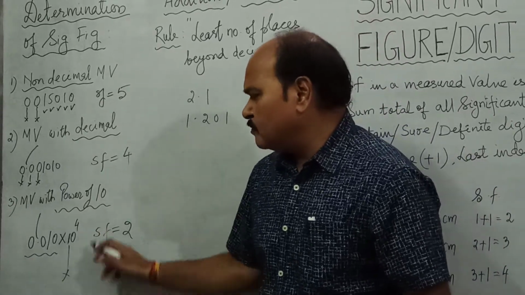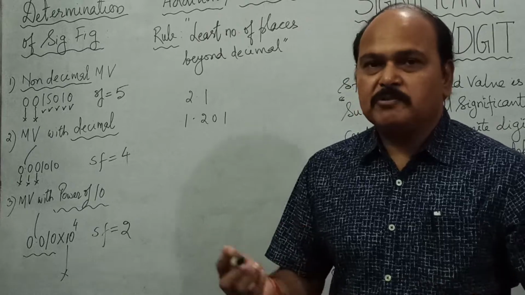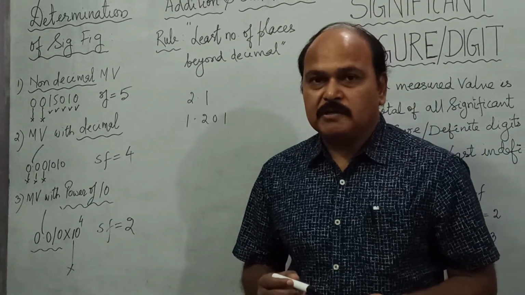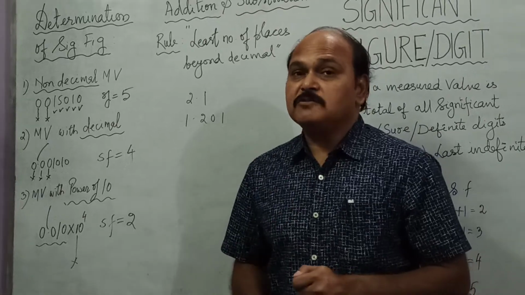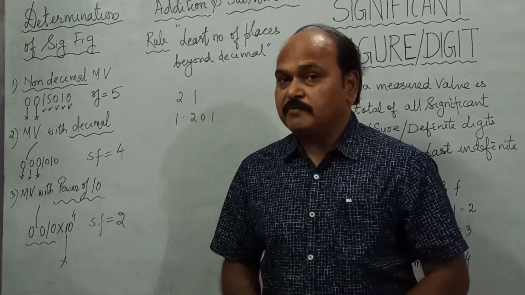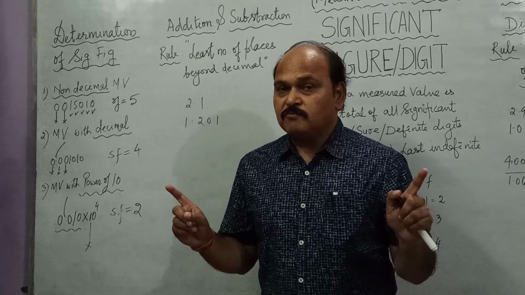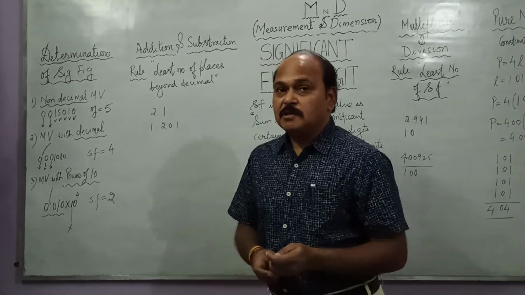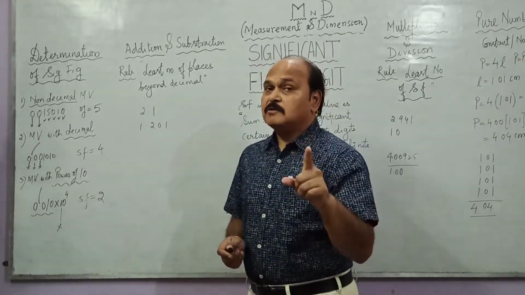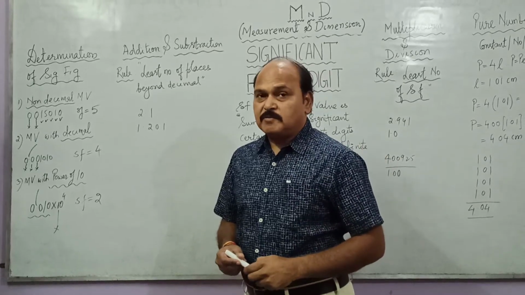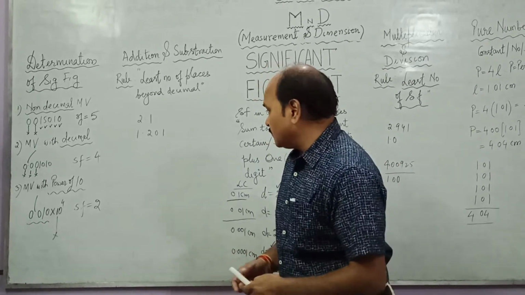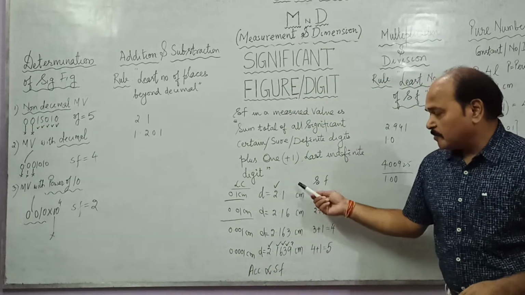So we use powers of 10 just to bring about a change in the unit of the quantity. Whatever value we measure from an instrument has a fixed number of significant figures. We cannot vary it. Whatever may be its unit, you can change the unit, but the significant figures would not change, because significant figure represents what? The accuracy of the measurement. And you can see that here, right in the example, a very popular example.